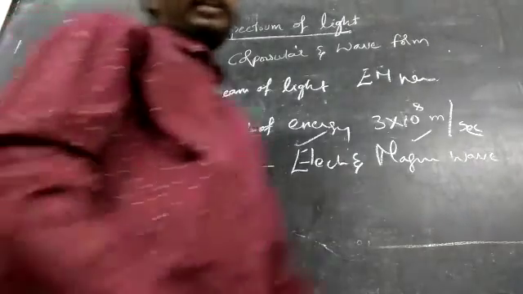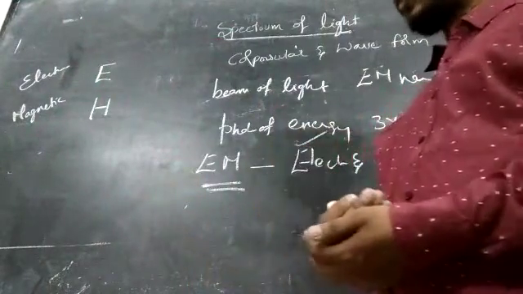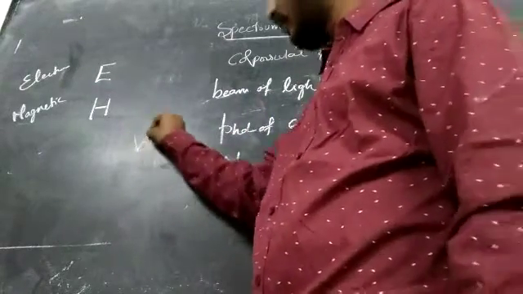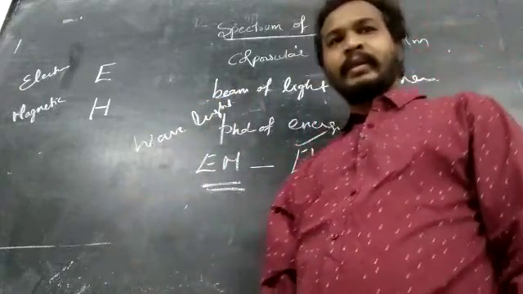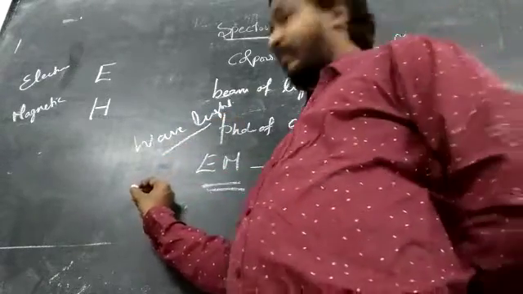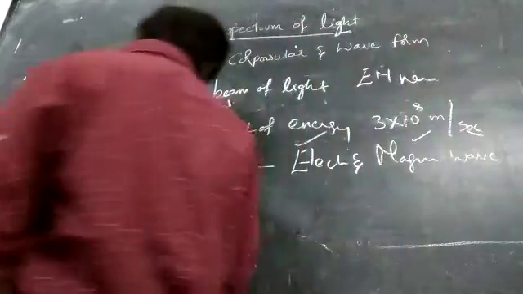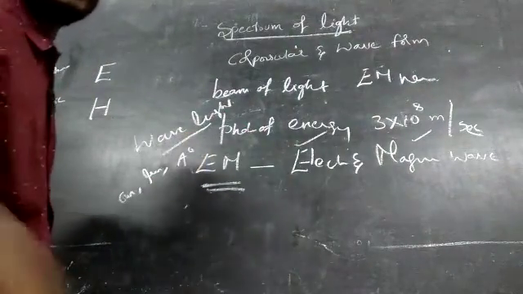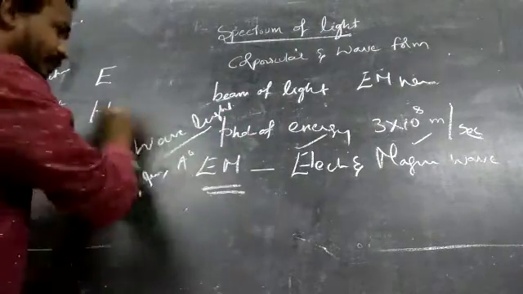In this, the distance along the direction of the propagation in one complete cycle is named as wavelength. And the wavelength may be measured in terms of centimeters or micrometers or angstroms. And the continuation of that is